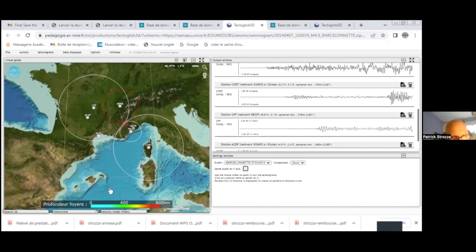The students can see that here we have the Mediterranean Sea. Here we have just continental rocks. So maybe the problem is due to the rocks on the travel of these waves. When you go to the seismograms, yeah,